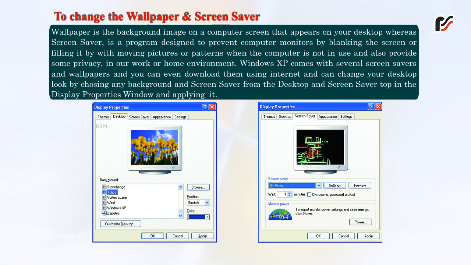Windows XP comes with several screensavers and wallpapers, and you can even download them using the internet and change your desktop look by choosing any background and screensaver from the Desktop and Screen Saver tabs in the Display Properties window and applying it.